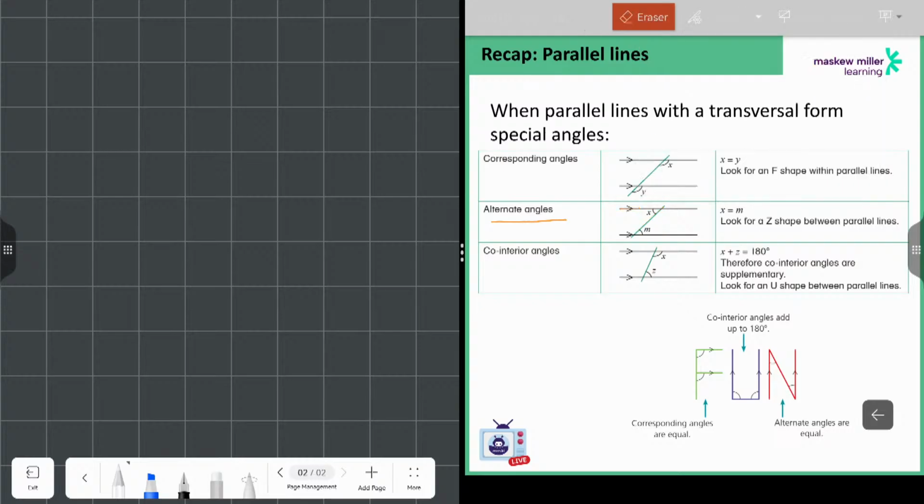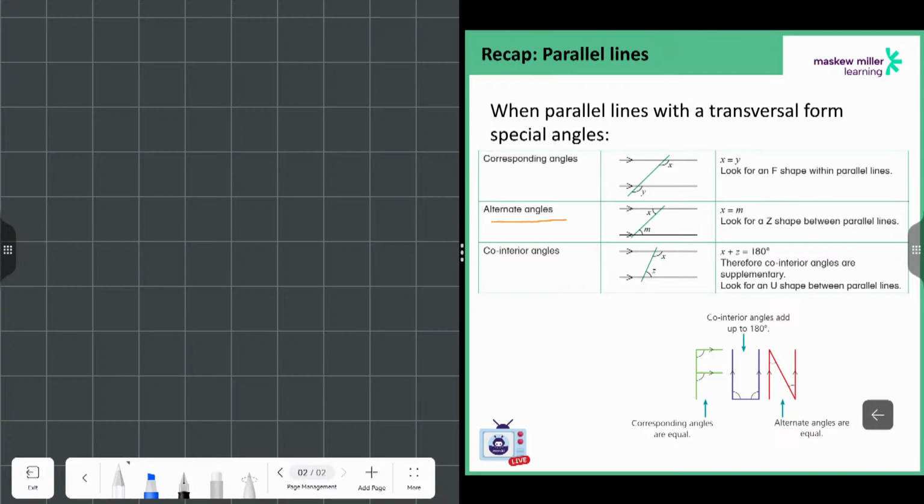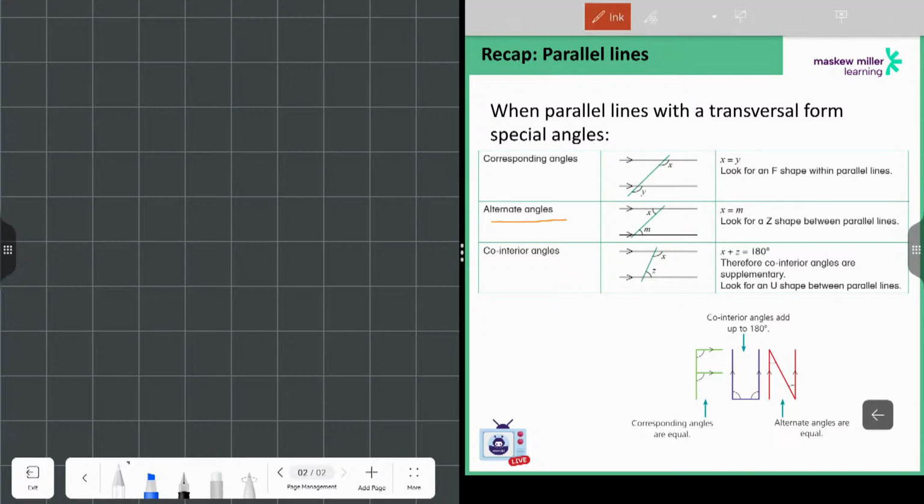So it doesn't have to be the Z that is going from one side. It can go from this way, and then I stand here and I go that side. That is still a Z, which will mean that an angle that I find there will literally be equal to the angle that I find on the other side of the Z. So please remember that the Z does not really have to be always the one that you see in your alphabet, but it just has to have the shape of a Z or an N or a Z that is looking upside down. All right. Then we have